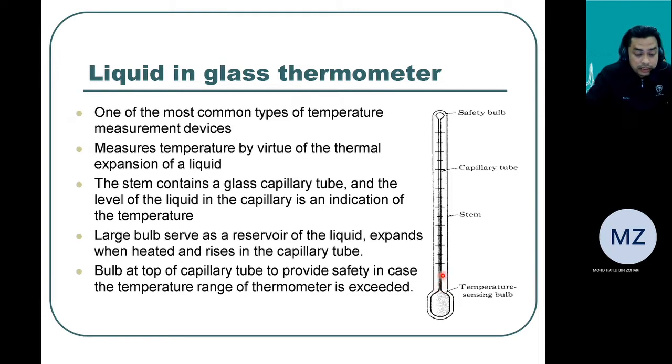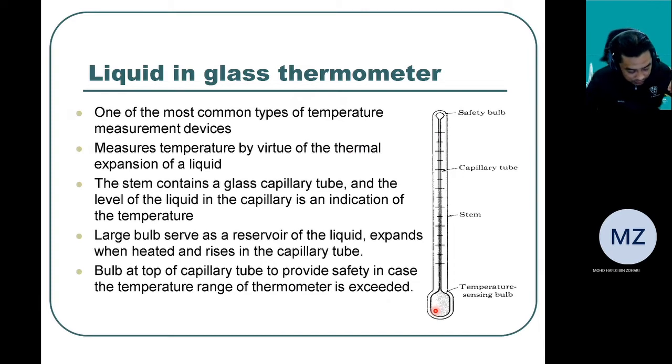It will move in the capillary tube, showing the level of expansion to show the level of hotness in that environment. Usually it is used for environmental temperature, and also for liquid temperature. Just dip the bulb, or the tank for liquid,